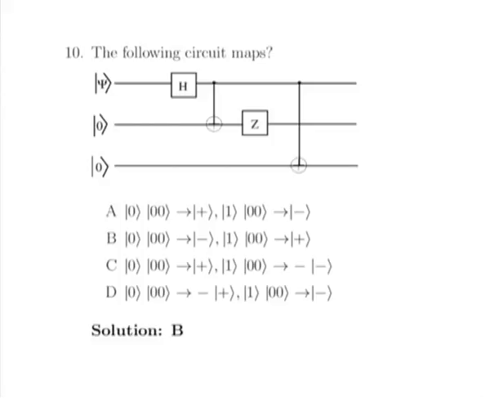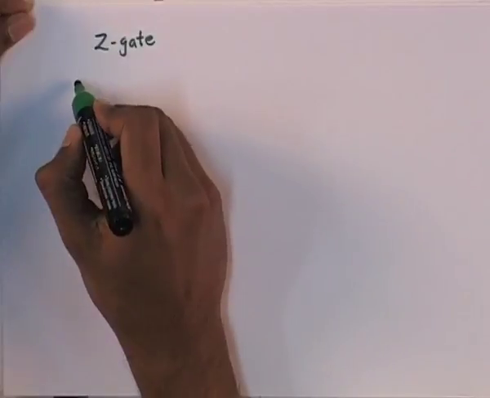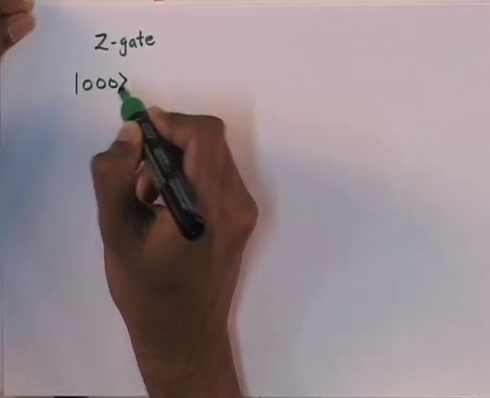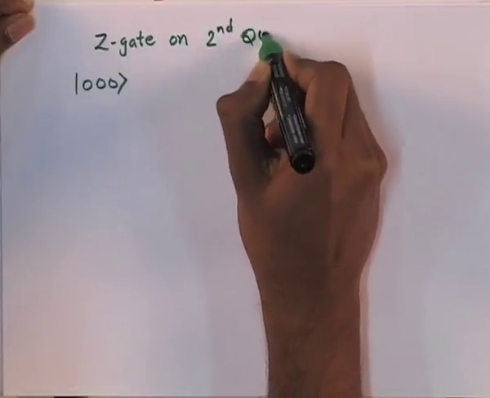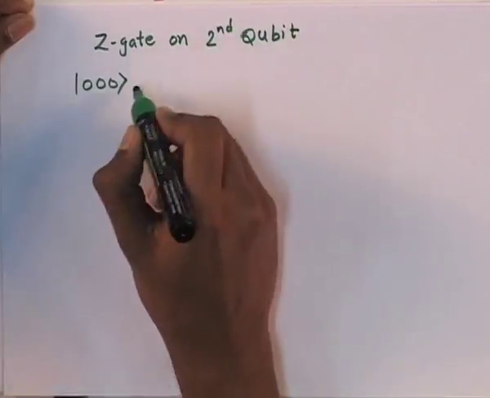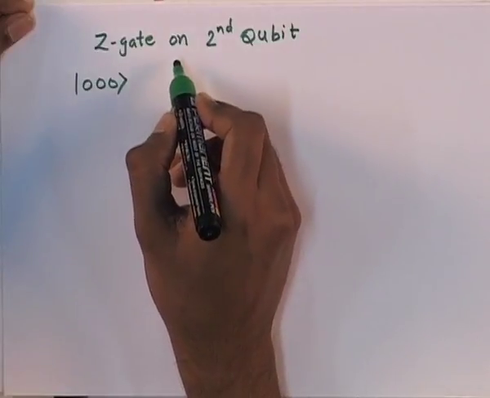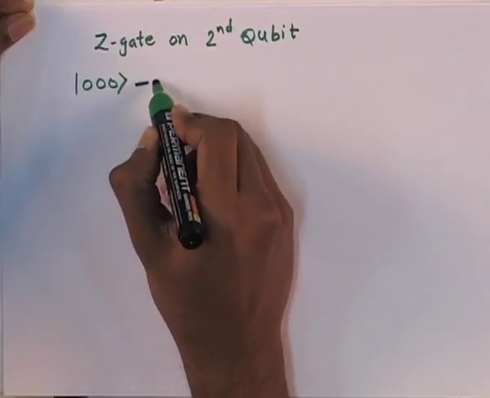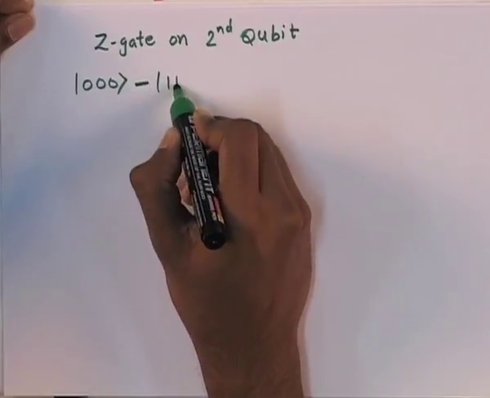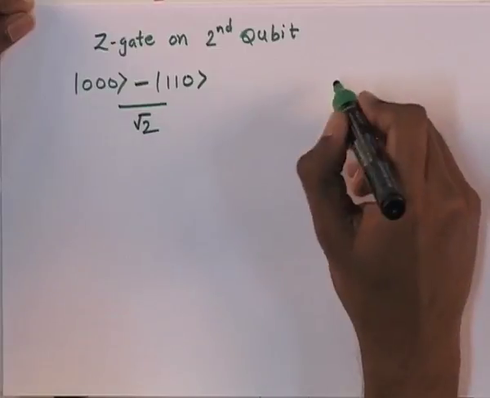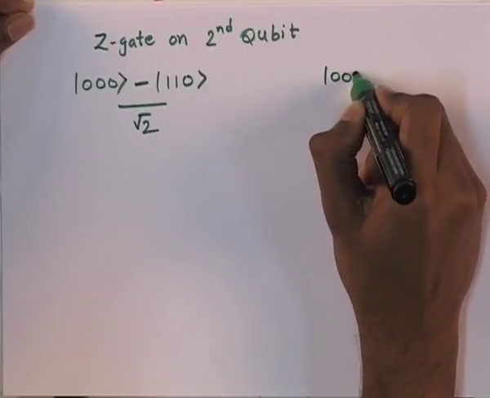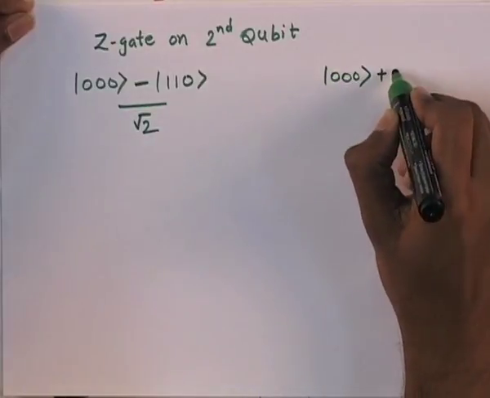and then we have a Z gate applied on the second qubit. As the first state is 000, it does not get flipped. Z gate on the second qubit, and the second qubit in the second state is 1, so it gets a phase flip. In the second case, we have a minus earlier, it turns out to plus,